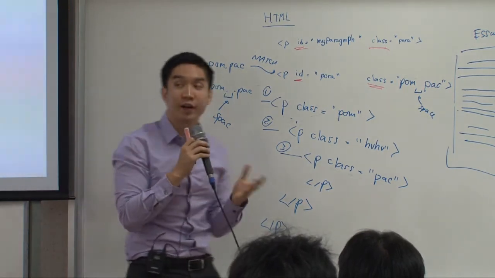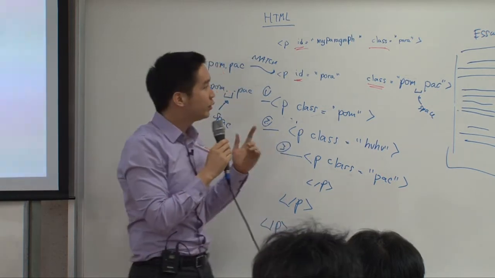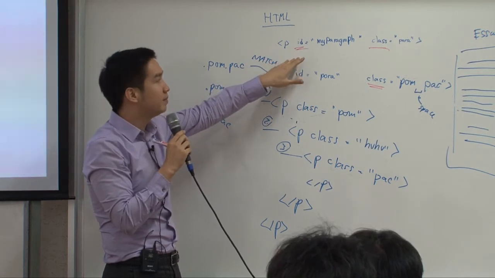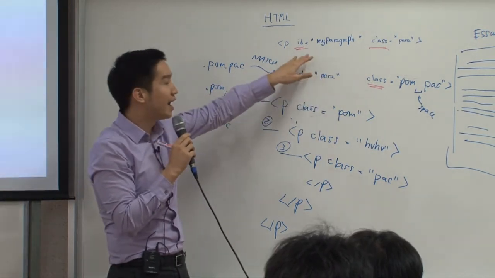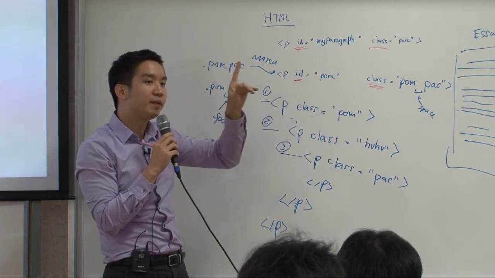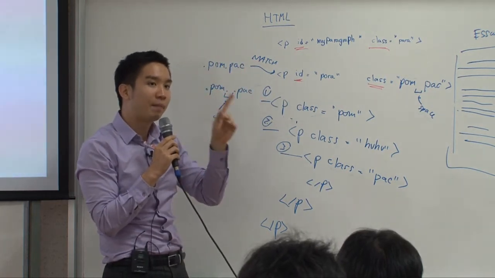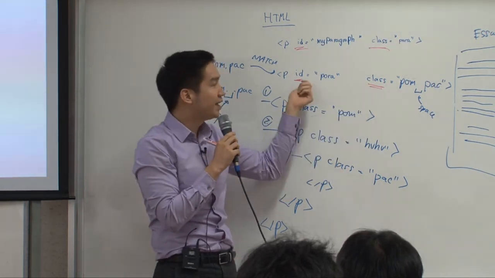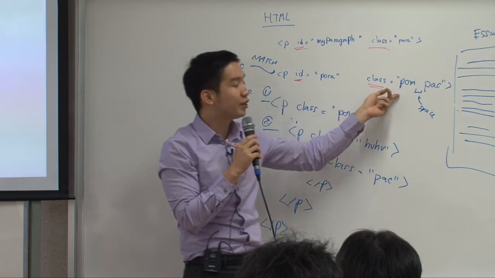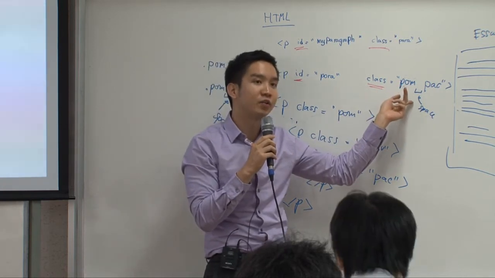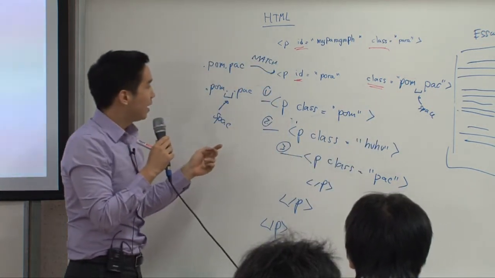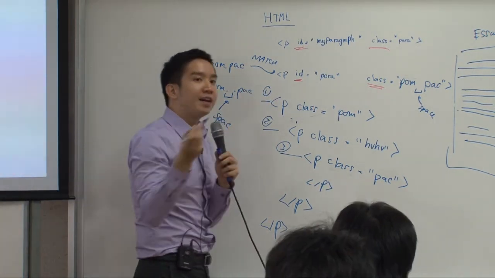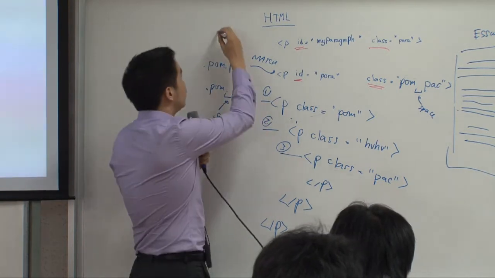So what's the point of this slide? I want you to understand, first of all, that the distinction between ID and class is that there must only be one ID per web page, okay? And for classes, whereas with ID you can only have one value, you can have multiple class values, okay? And secondly, I want you to understand that to find an ID, you use this,